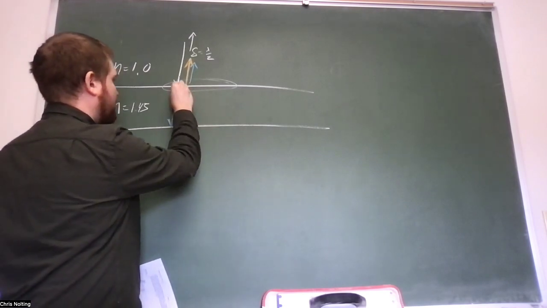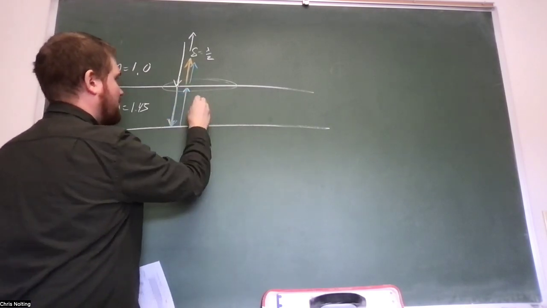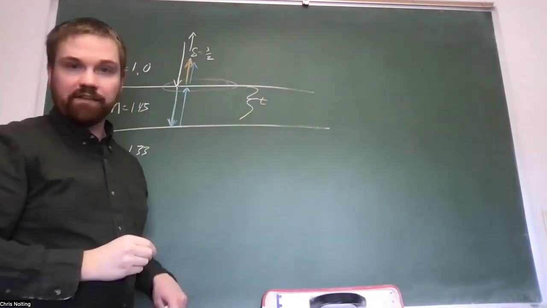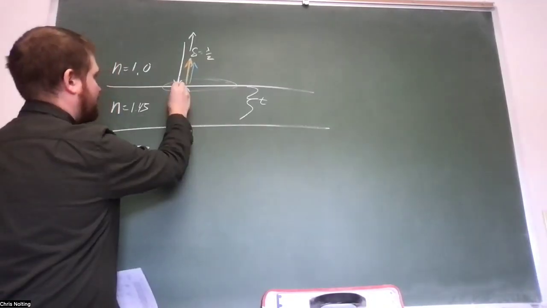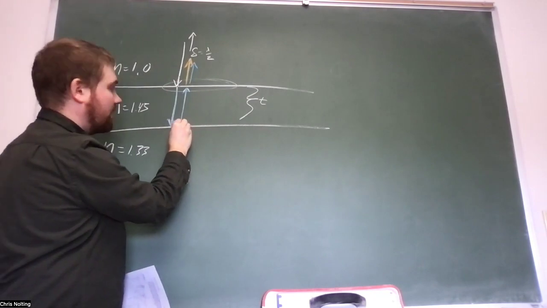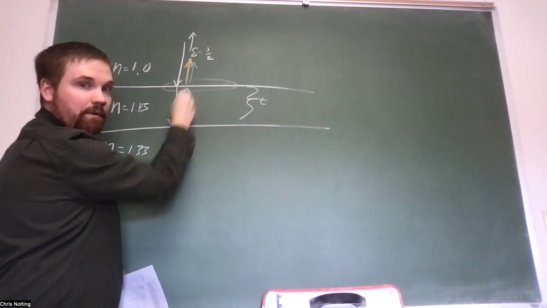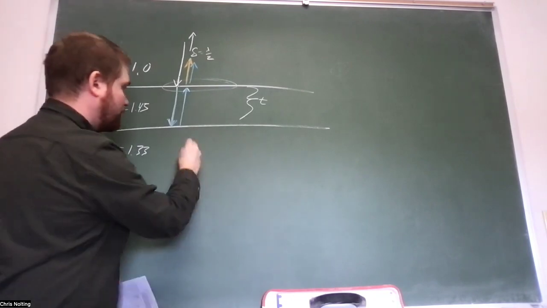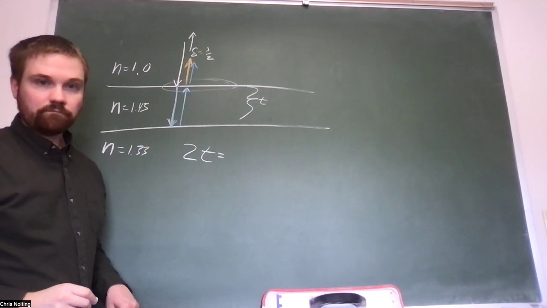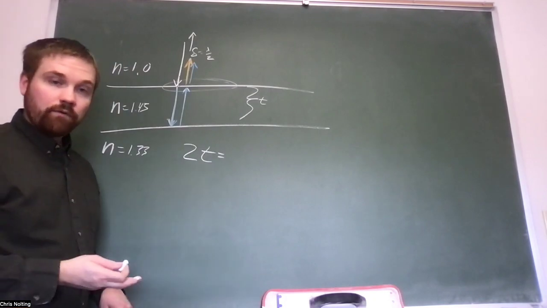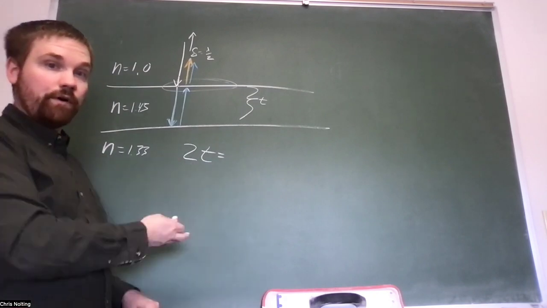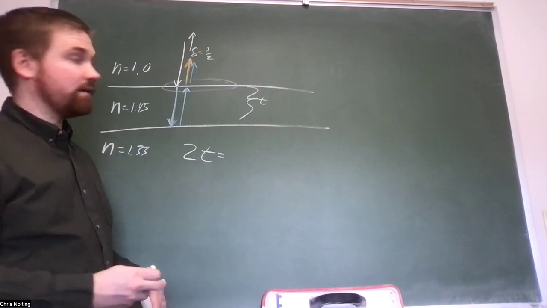But we do have a difference in path length equal to twice the thickness of this oil, which I'll call T. Twice because we go from the top surface down a distance T, and then again from the bottom surface back up, again a distance T, so we get 2T distance in the path length. So we know that that's got to equal half of a wavelength within the oil in order for it to